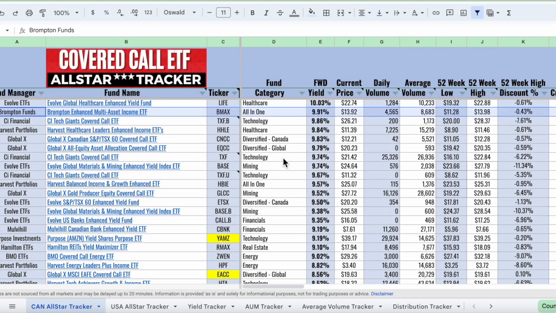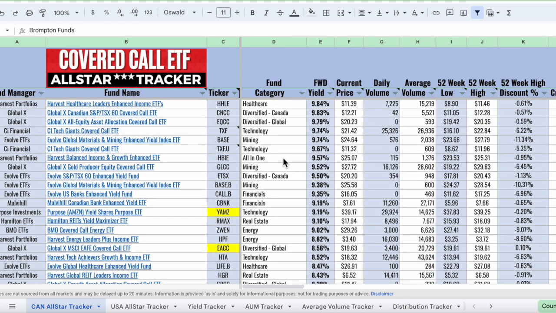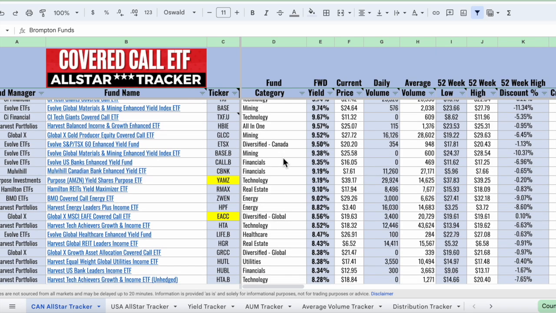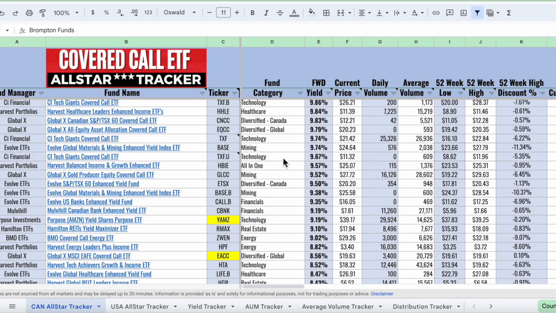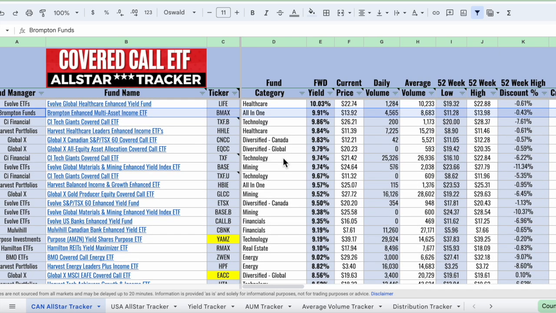But now we get into other funds that won't necessarily get covered, simply because of my personal investing strategy, 10% plus. There is a fund in here that I've talked about in the past. I've been waiting for this thing to get to about 10%. Even if it does, I don't know if I'd even invest in it anymore, but BASE, it's probably at the highest yield